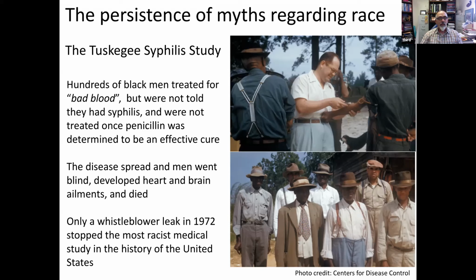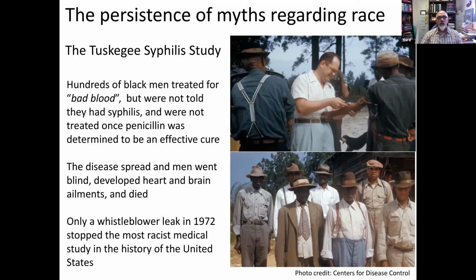A horrific medical study, the Tuskegee syphilis study, allowed several Black men to go untreated, though they had syphilis. They were never told they had syphilis. They were not treated with penicillin, which was determined to be an effective cure for this. And the justification that the scientists used is that African-American people were intellectually inferior, morally inferior,